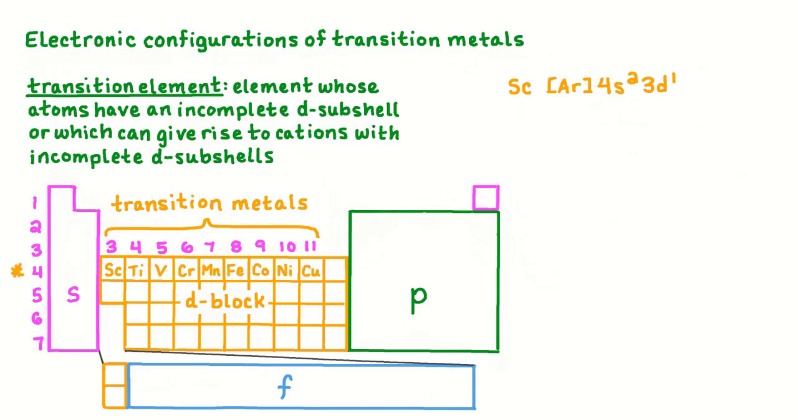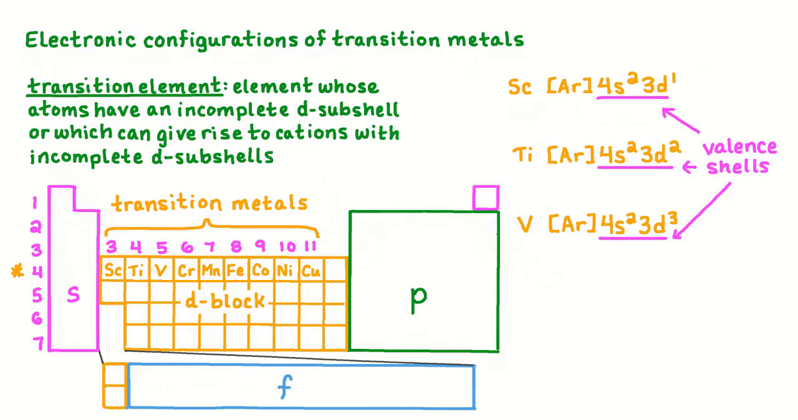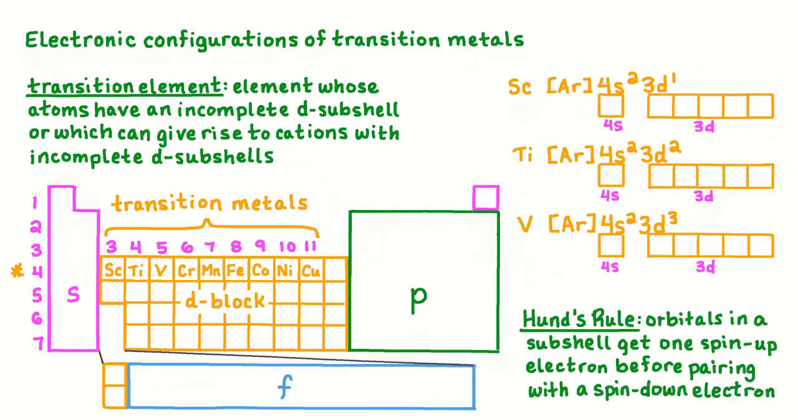We're going to focus on the transition metals in period 4 because they have the simplest electron configurations of all of the transition metals. Let's write electron configurations using the condensed notation for the next two transition metals after scandium, which are titanium and vanadium. Orbital diagrams can be used to show how the electrons are organized in the valence shells of these three transition metal atoms. According to Hund's rule, electron orbitals in the same subshell are filled with one spin-up state electron before